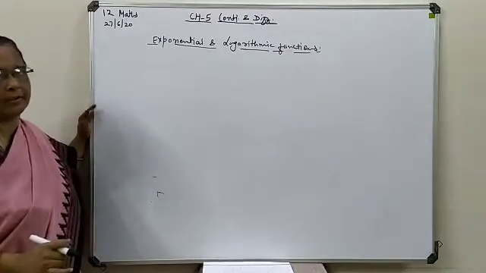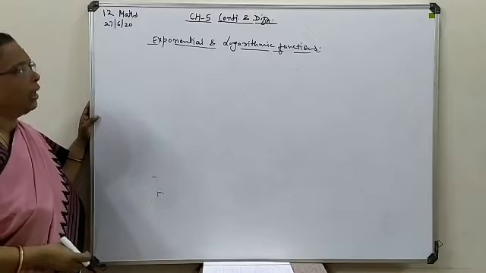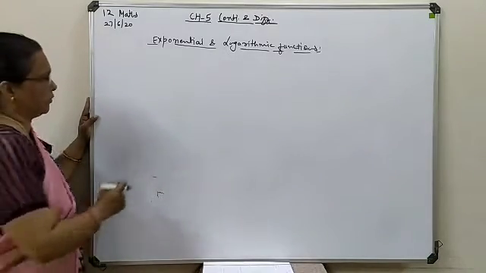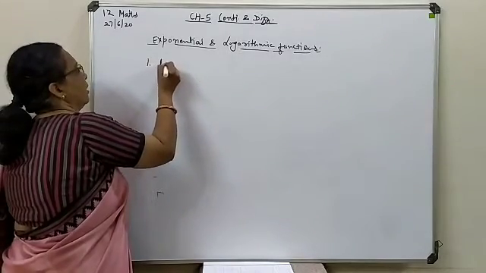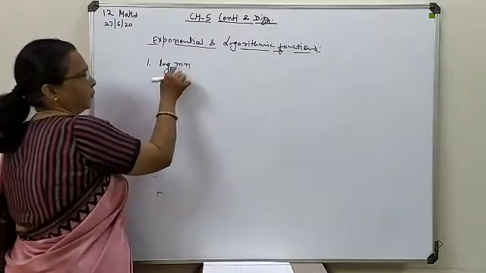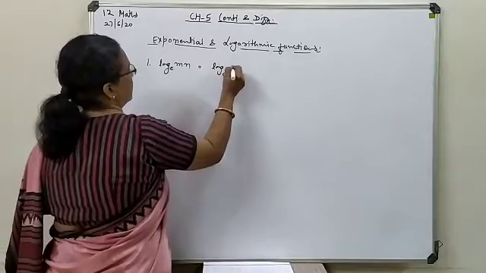Now before we start about the differentiation of exponent and logarithm function, first we look at the properties of a logarithm function. The basic property of logarithm function is if terms are available in a product form, it can be expressed as a